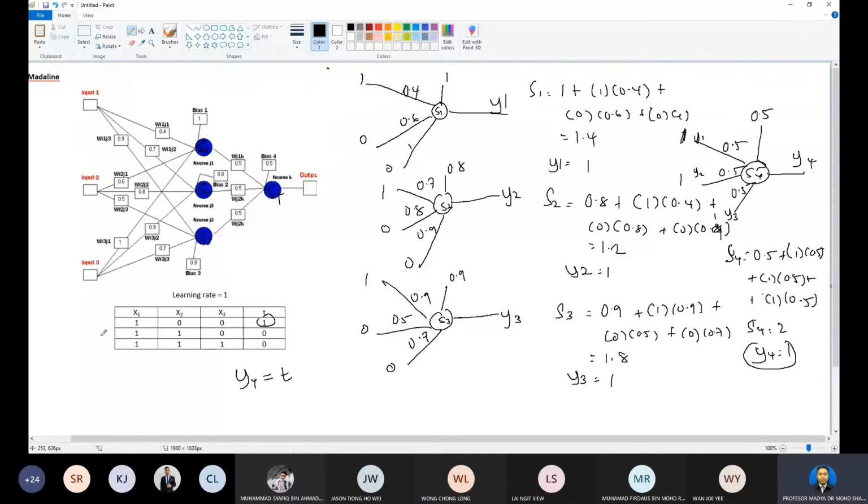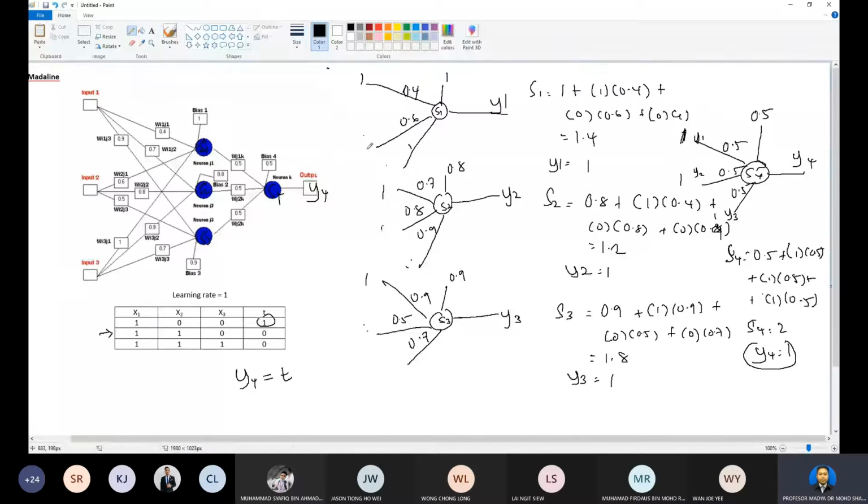That means you can proceed to the next iteration. No adaptation of the weight and bias because y4, the output here, equals the target. So no need to adapt, we can proceed to the next iteration. Weight and bias will be the same because of no adaptation. The next iteration will be the same, but the